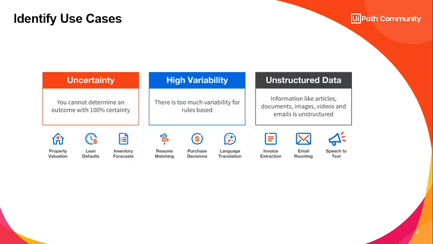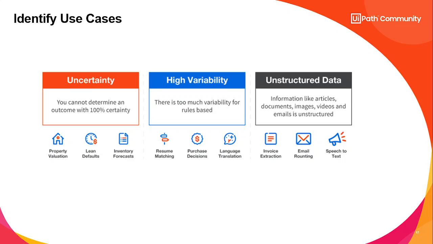It will predict some, I mean, the outcome will be in the form of a confidence. For example, if it is property evaluation, the price would be the confidence levels. I mean, if it is close to 1,000, is it really a value of $1,000 or not. It would give that prediction to us. So if you don't know what the outcome is, in those cases it comes under uncertainty, and that can be a use case of AI Center.